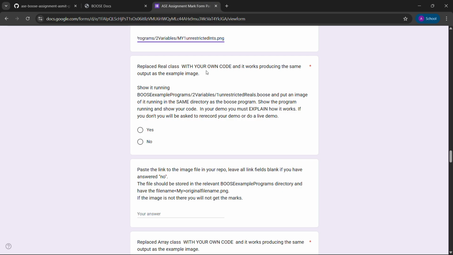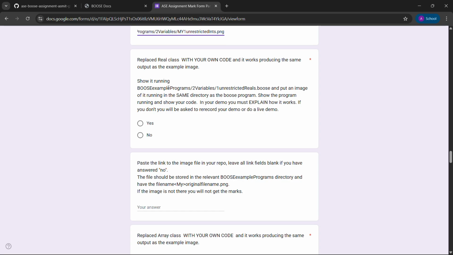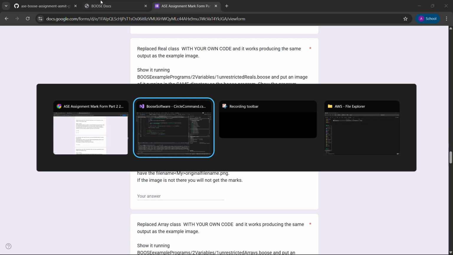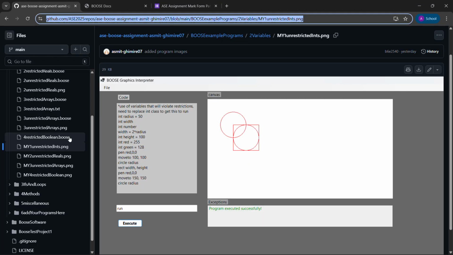Moving on, I replaced the real class with my own code and it works, producing the same output as the example image. Now I'll run the unrestricted real.